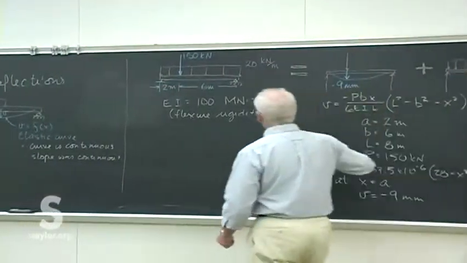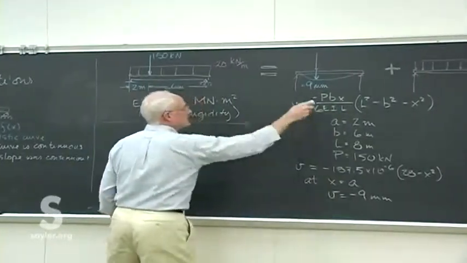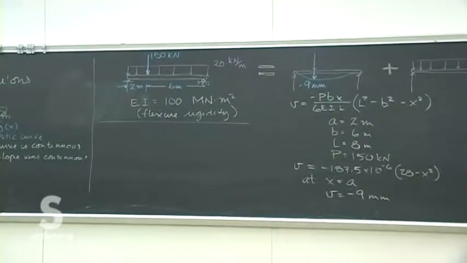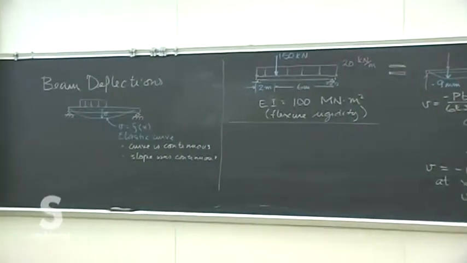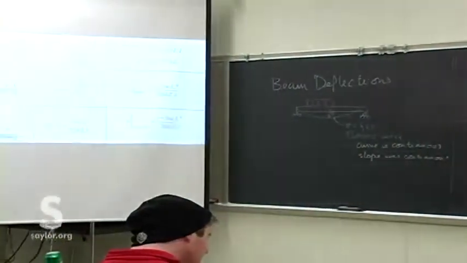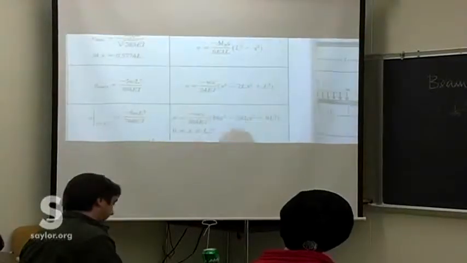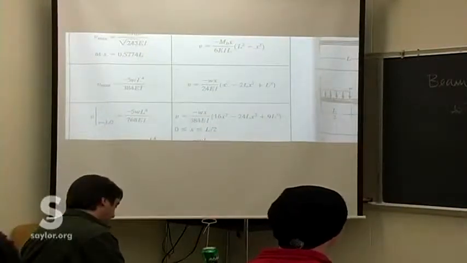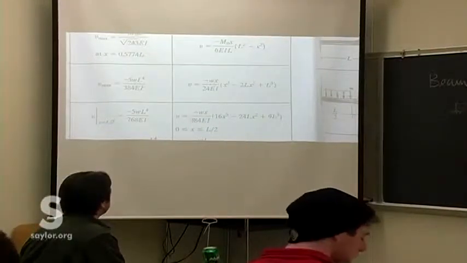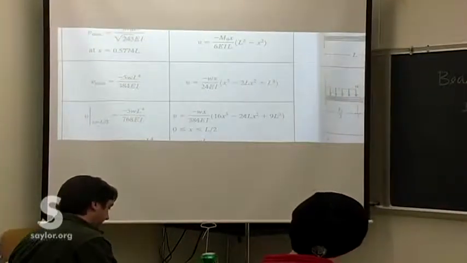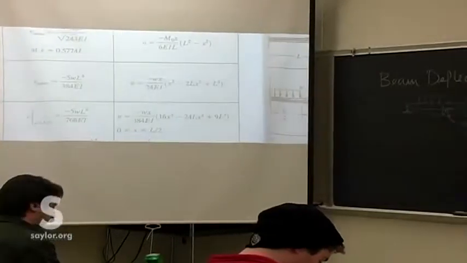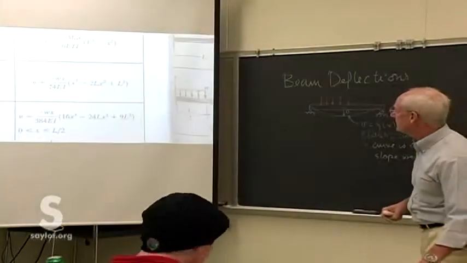For the second loading, I'll have to bring it over here. I don't have a lot of room there. The second loading is also in the book. It's the fourth one down in our book, as long as they didn't change the order between the versions. And so if we go over to this particular solution here, and then again we just fill in the pieces. Wx, remember x is the position, but W is the value of the uniformly distributed load,